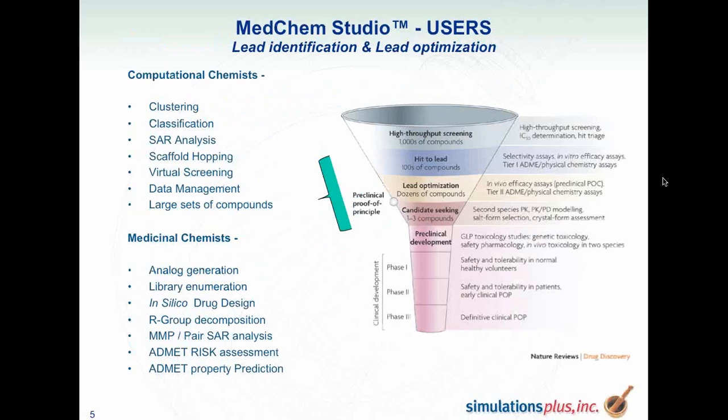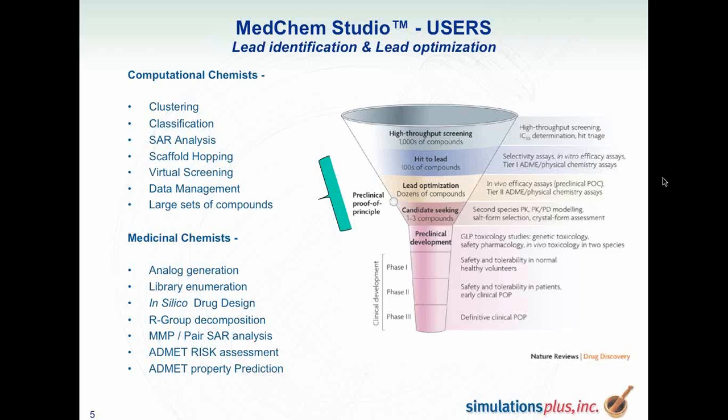identification and optimization stages. So as you know, the process of drug discovery is very iterative, as you start off with a very large number of molecules, and all you need is just a handful of, say, 1 to 3 compounds that would proceed towards the phase 1, phase 2, and phase 3 stages in the clinical development. So in this process, as you can see, there is an initial hit that needs to be found, and